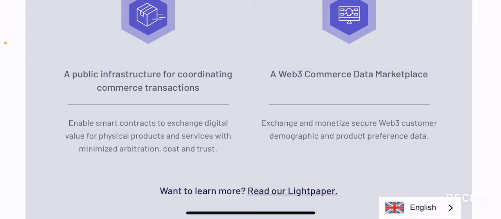Whenever you interact with the Boson protocol to purchase physical items in a trustless, decentralized manner, you are able to exchange digital tokens in return for actual assets or actual physical commodities,